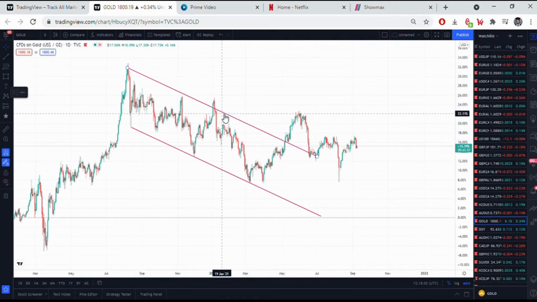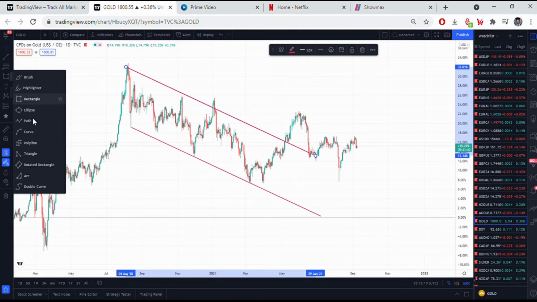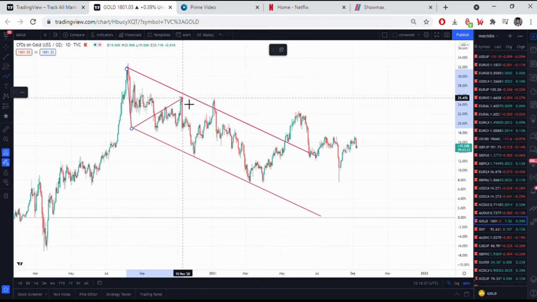Now bear in mind that the market does not just act. There's a reason behind every move in the market. The market touched that level, right? The highest level, then came down to this level. Let me use something to draw so that you guys can follow. All right. The market started there, right? Then touched this level, right? Went up, then touched that level, came down, touched this level, went up, touched that level, came down, touched this level.